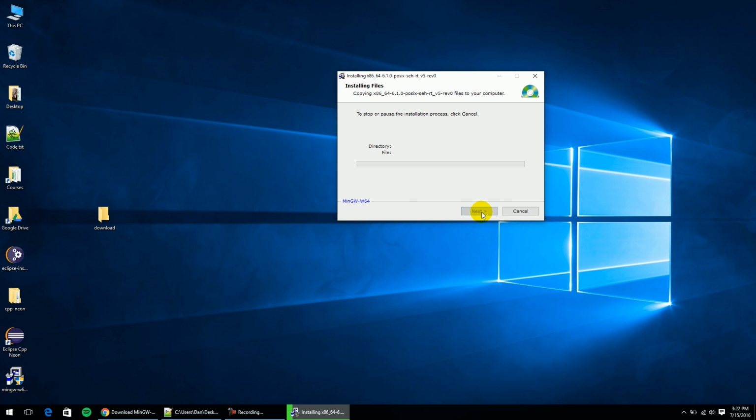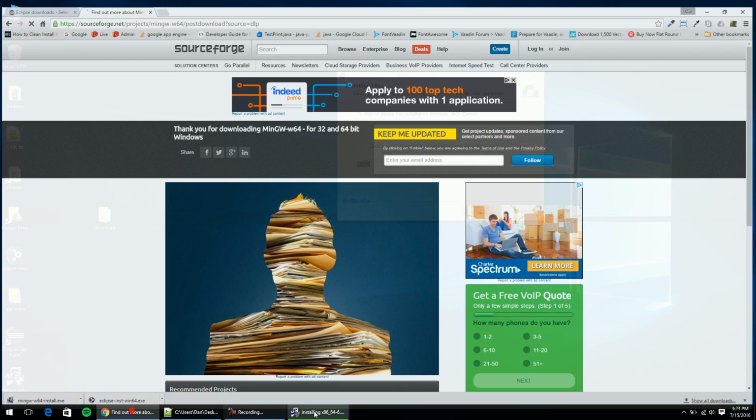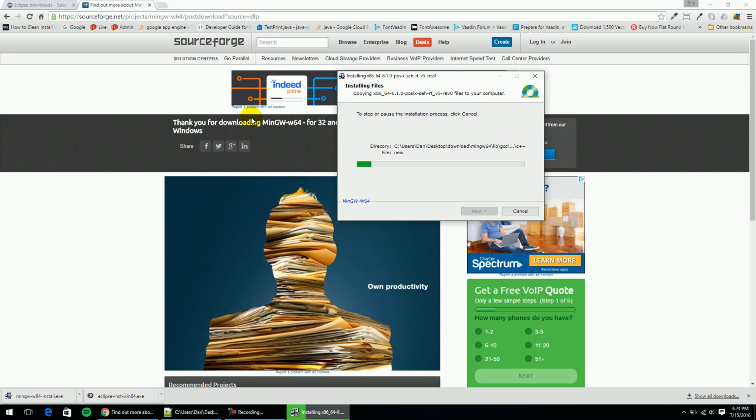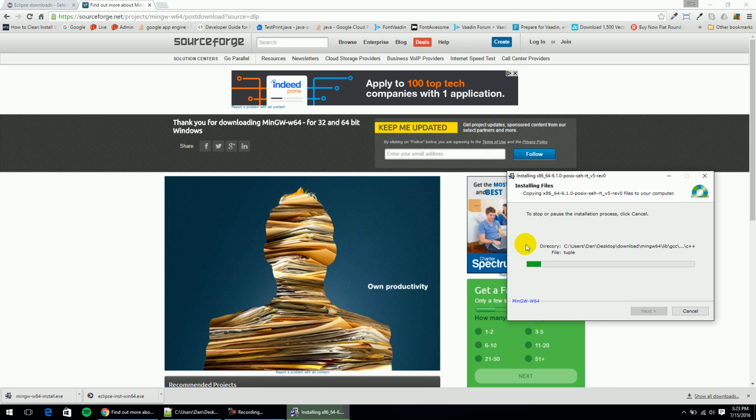I don't particularly want a start menu, so start menu options, click next, and this will begin the download process. It shouldn't take too long, a few seconds hopefully. And again, this is another one that can sometimes cause you issues. Sometimes this can be a slow download. If it is a slow download while it's loading, one thing you can do, because I've had trouble with this installer,